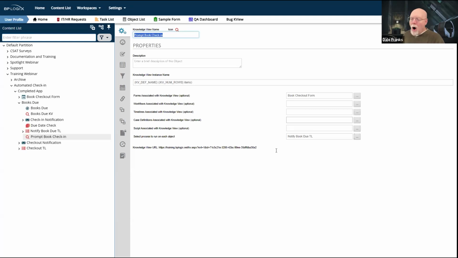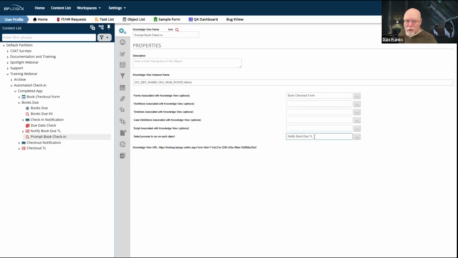On the Properties tab, we're looking at the book checkout form. We're going to have some filters to pull back just the forms that we want, but we're looking at the book checkout form. And when this runs, we need to select a process to run on each object that gets returned by the knowledge view.